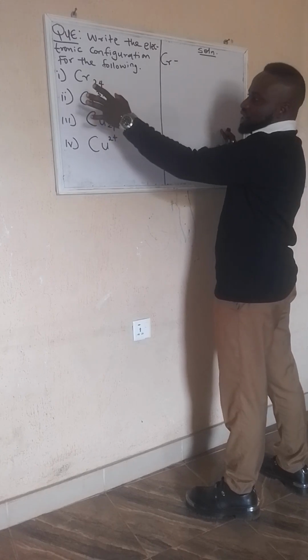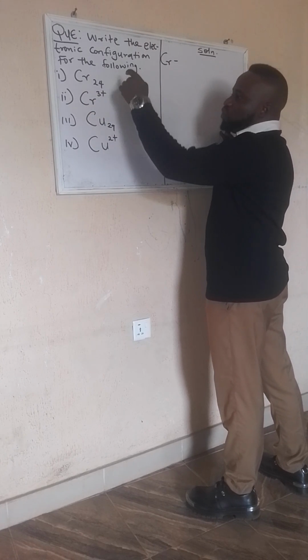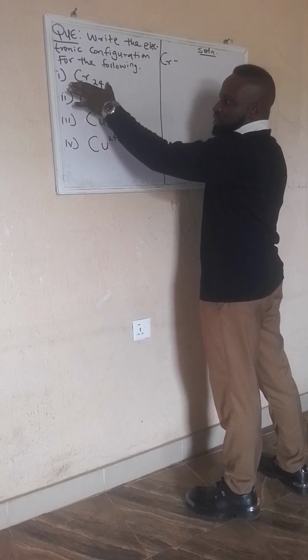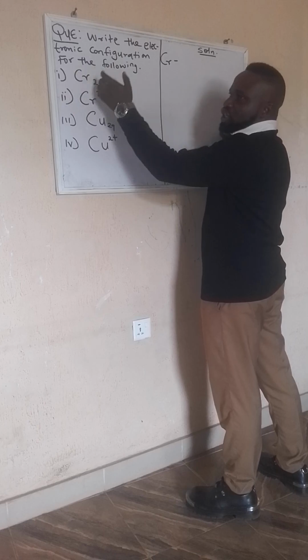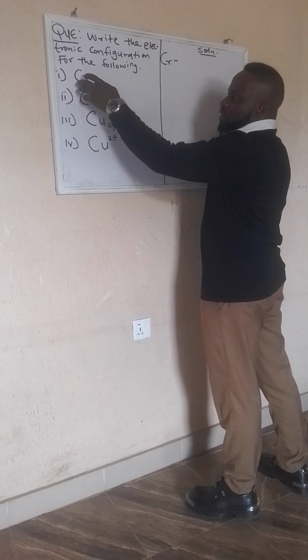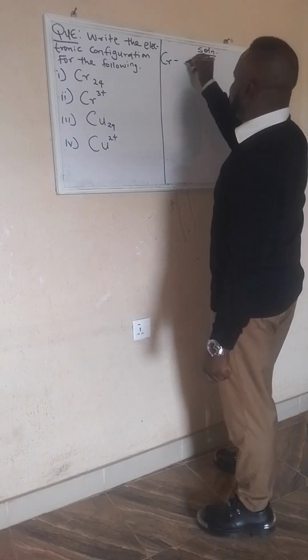So for chromium, by now you should know that when an element is in the ground state, when it's not carrying any charge, the atomic number, which is equal to the number of protons, will be equal to the number of electrons because it's carrying no charge. If there's a charge on it, the number of electrons will not be the same as that of protons. But because there's no charge, this is also the number of electrons. So we now go